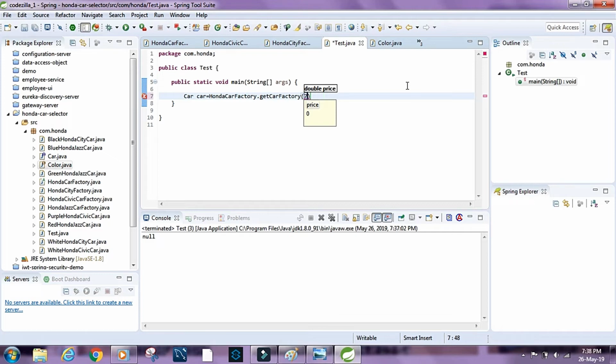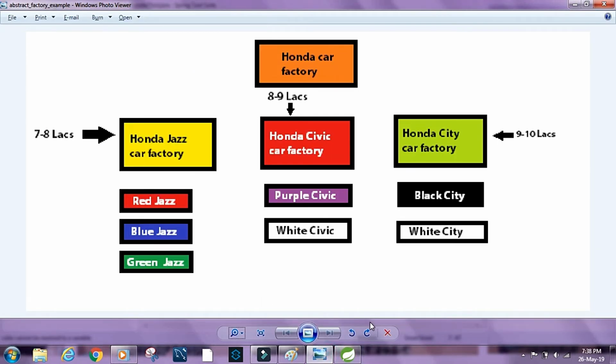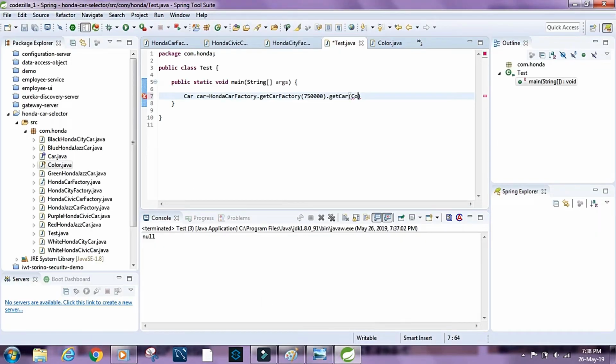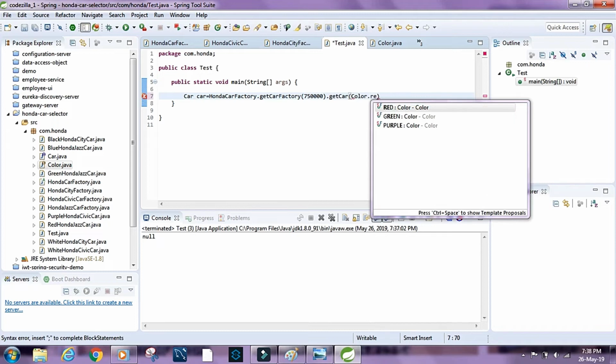So say we send 7,50,000, and then we need a car. So this is the final product. So get car, and let's send red. So I'm gonna say color dot red,